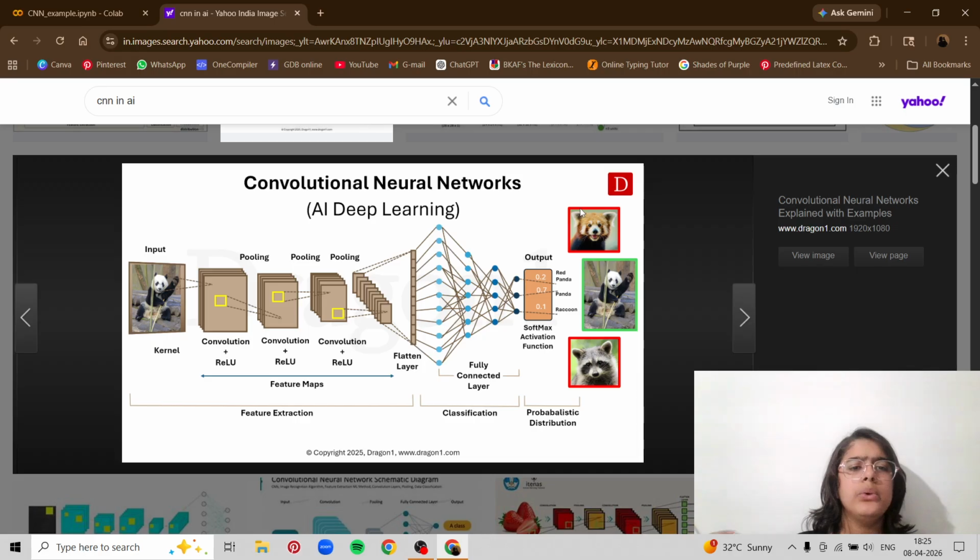So you can apply pooling many times, and the more times you apply pooling and convolution, the faster your code will run. Like the end part, when you compile and when you fit those parts, it usually takes a lot of time. But if you have already used pooling and now the image is really small, it will work faster. And then we have the flattened layer.